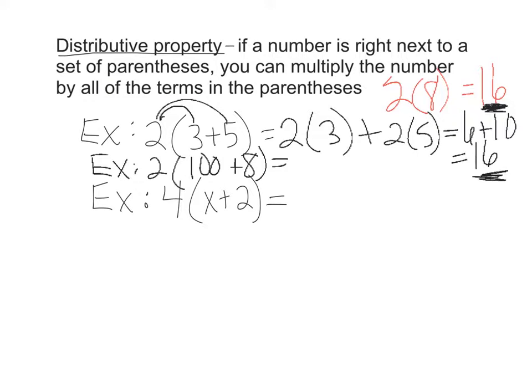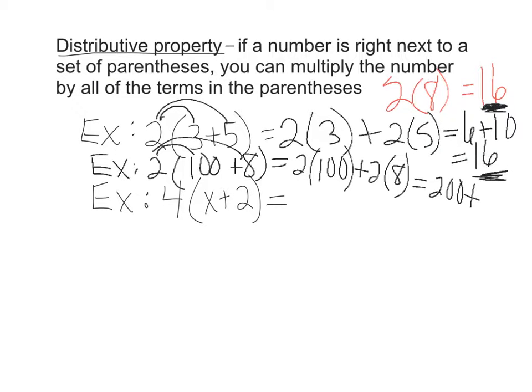Okay, rather than doing that, distributive property says we could multiply 2 times 100 plus 2 times 8. 2 times 100, oh, that's easy, 200. 2 times 8, 16, 216. So maybe making it a little bit easier than the 108 times 2 that I would be working off to the side. Okay? If you're still not convinced, this final example